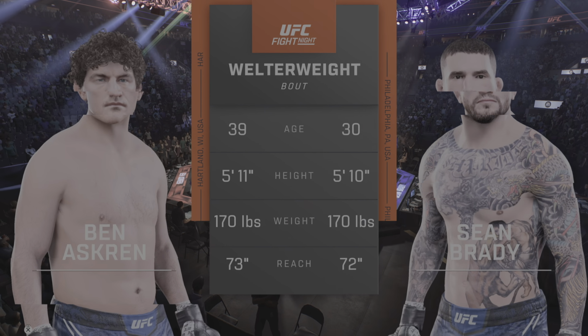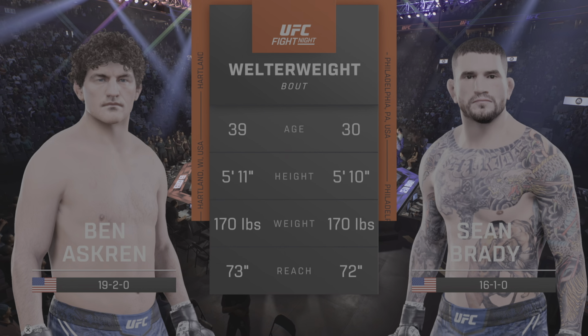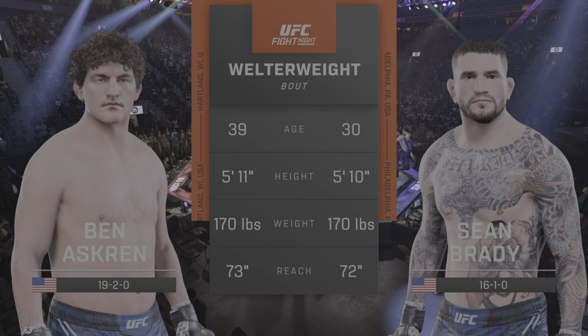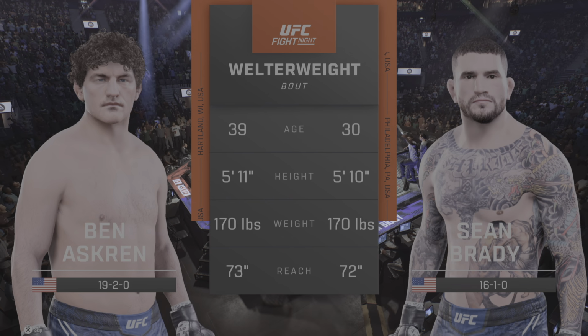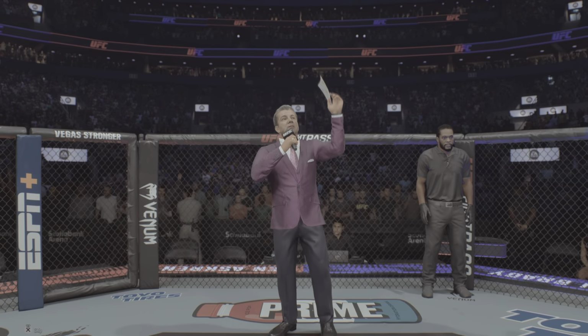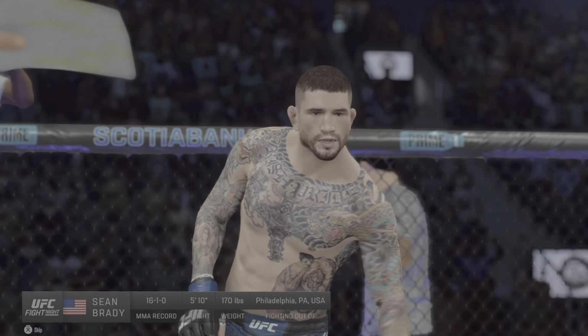Tale of the tape for this highly anticipated welterweight fight. Now for the official introductions, here is Bruce Buffer. Ladies and gentlemen, this fight is 3 rounds in the UFC welterweight division. Introducing first, fighting out of the blue corner,